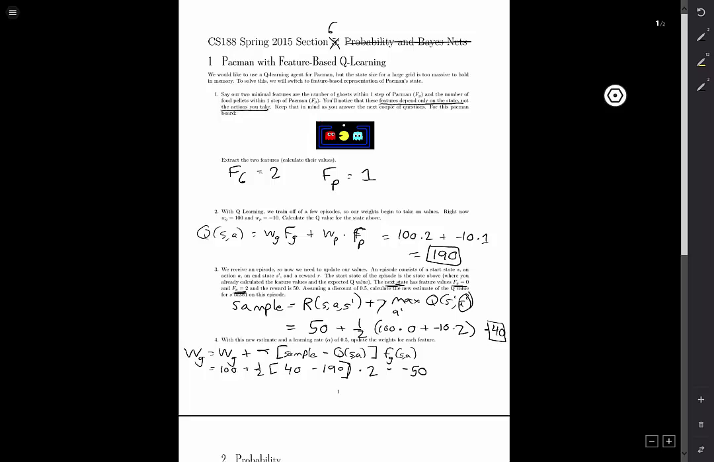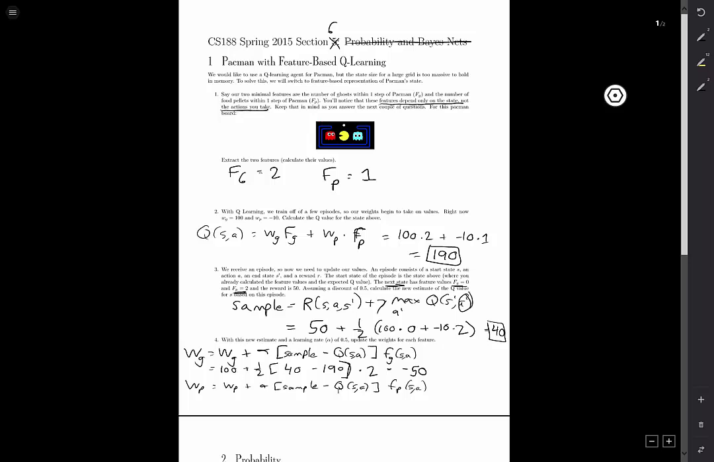Now let's do the update for the pellet. WP equals WP plus alpha times sample minus Q of S comma A times FP of S comma A. Note that the feature is from the current state, not this future state that we calculated in this max, it's